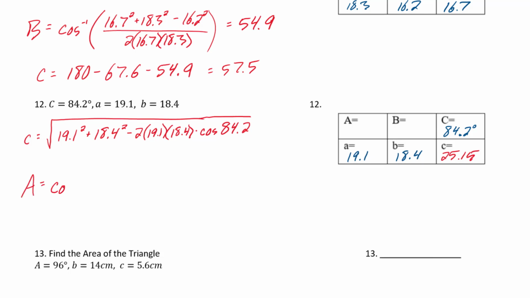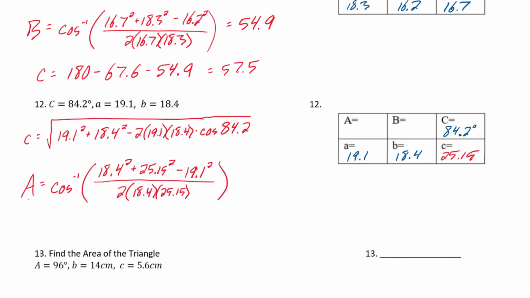So this will be the same as what we just did on number 11. This will be the arc cosine of, and then I got this big fraction. It's angle A that I'm solving for, so at the end it just needs to be side A squared after the minus sign, and then it's the other 2 numbers that I know squared and added prior to that. So 18.4 squared, and then what I just found, the 25.15 squared, then over 2 times the 18.4 and the 25.15. And if we go ahead and switch back again to the calculator